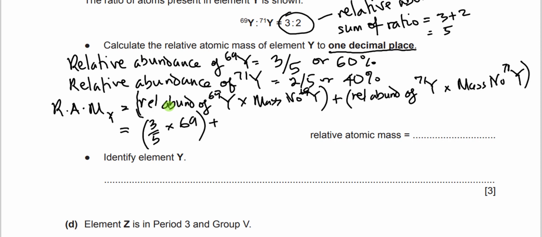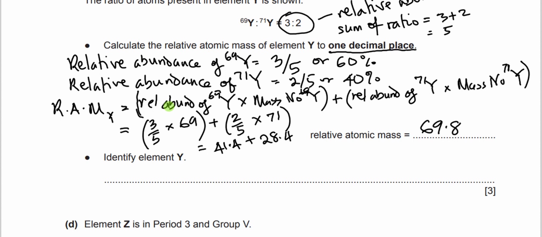plus 2 over 5 times 71. So if we evaluate this, what would that give us? That's 41.4 plus 28.4. So that gives us